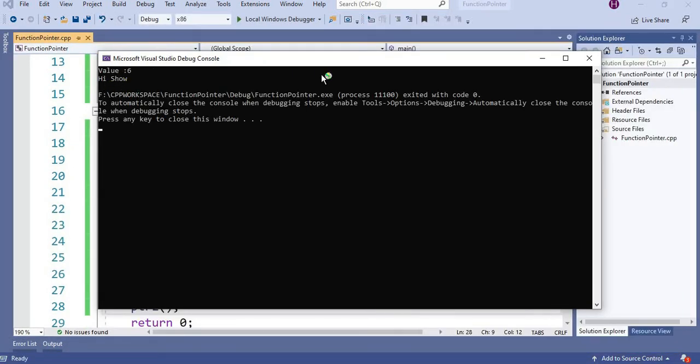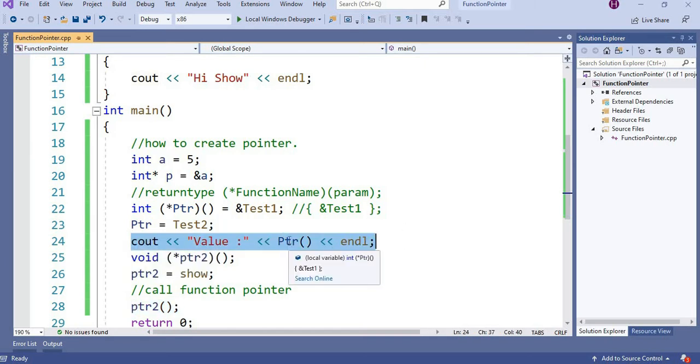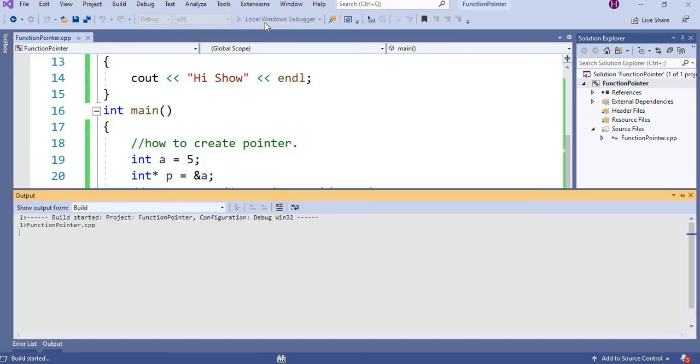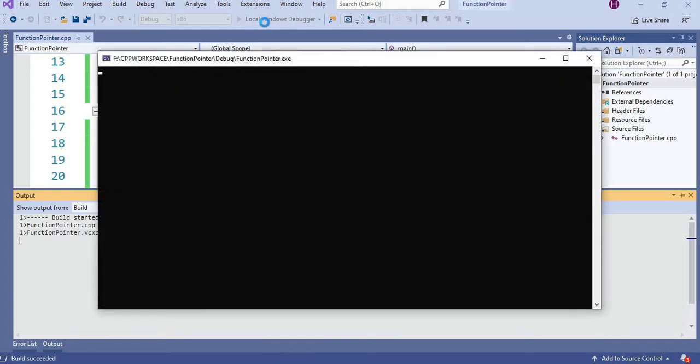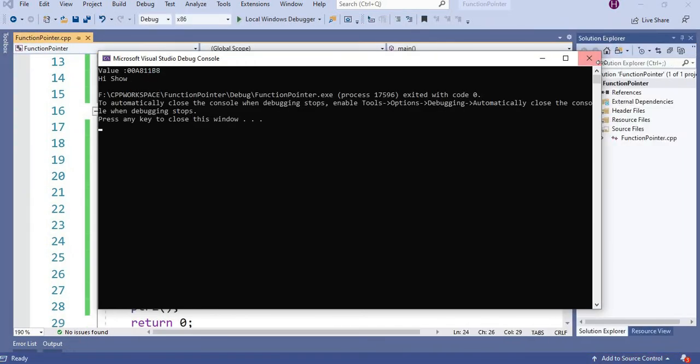Both are printed: I show is printed by ptr2 and the value 6 is printed by ptr1. If you are not giving the call, it will print the address of a function. See, the address of a function.